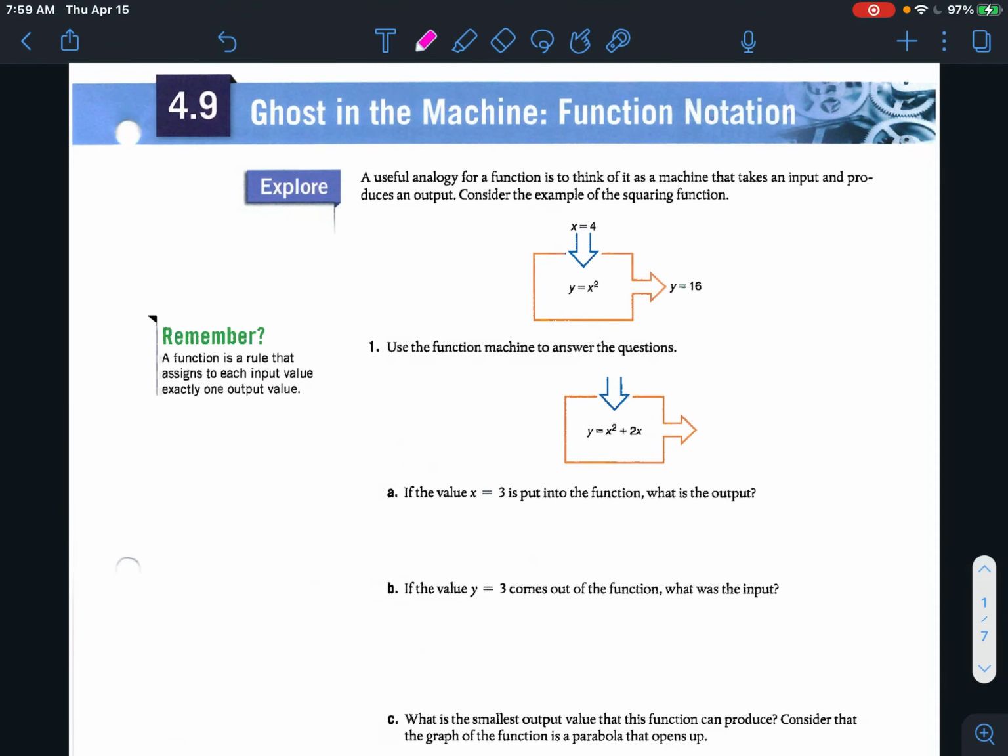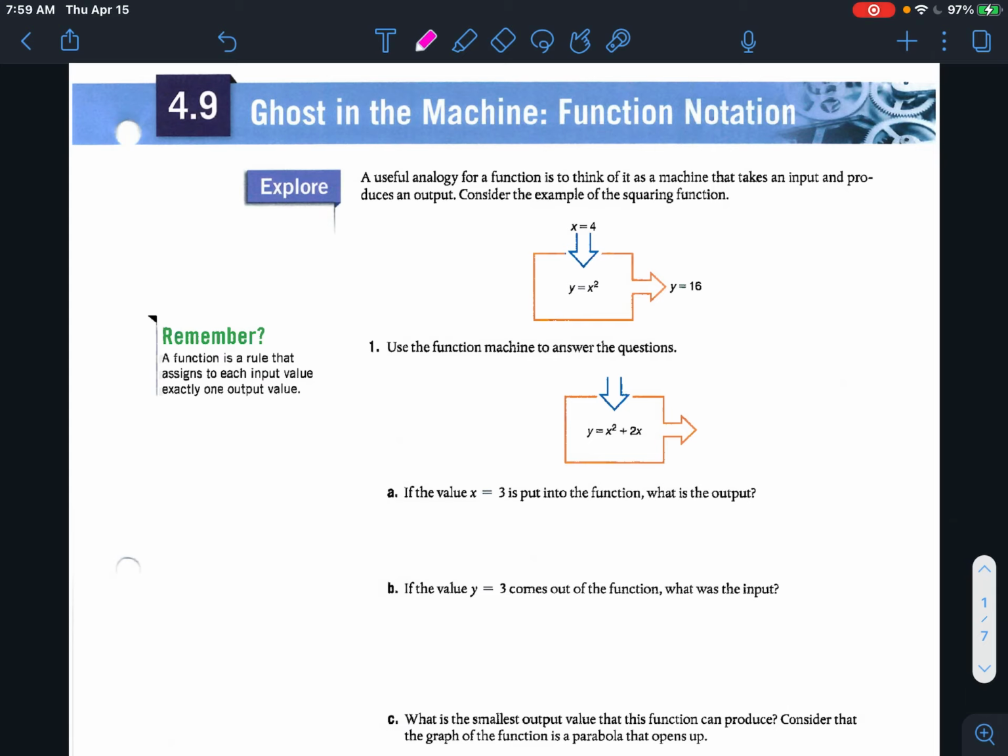All right, today we are on 4.9, function notation. So remember, a function is just a rule that assigns each input value exactly one output value. An analogy for this would be to think of it as a machine that takes an input and produces an output,